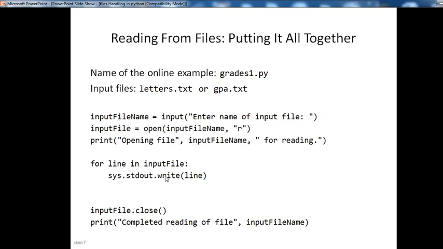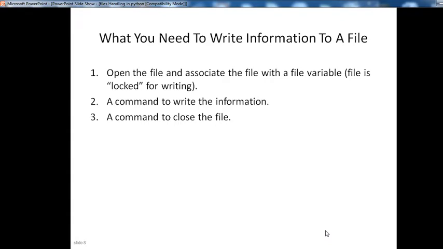For line in input file, sys.stdout.write line; using this command you can write something for that particular file. After that, again input file close, to close and complete the reading of the file.